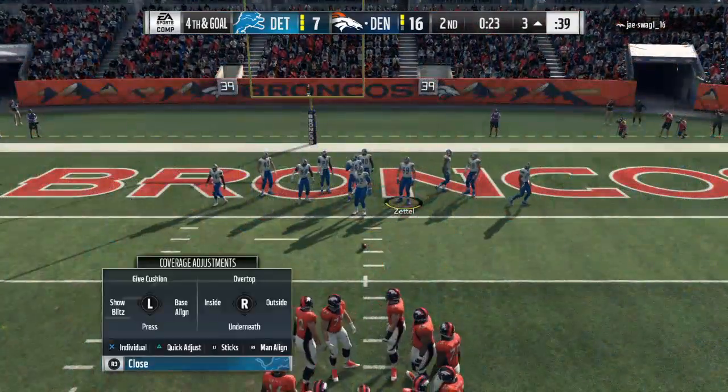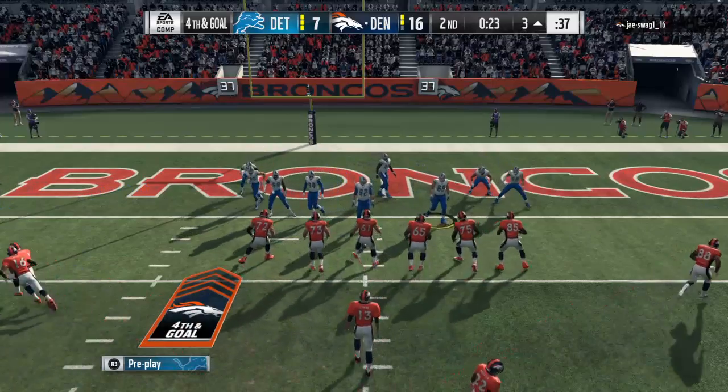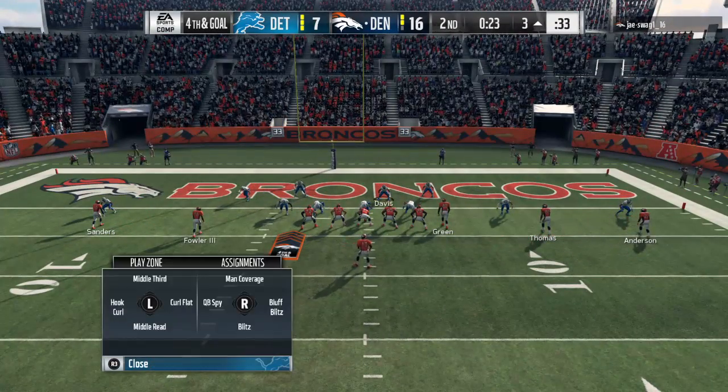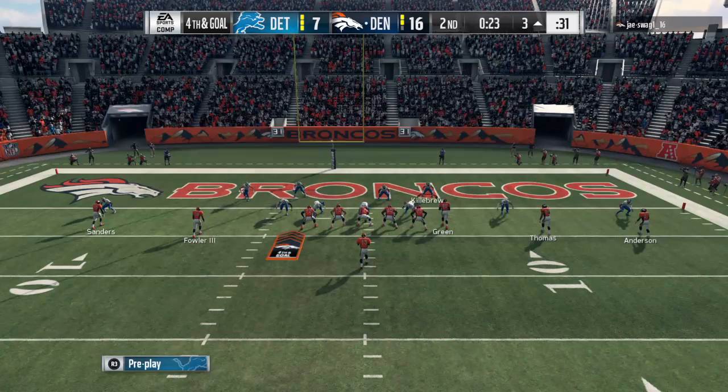And no hesitation about this decision here. Confidently, they're going to go for this. 4th and goal from the 3. All right, here we go. Boom, landed. Watching that,